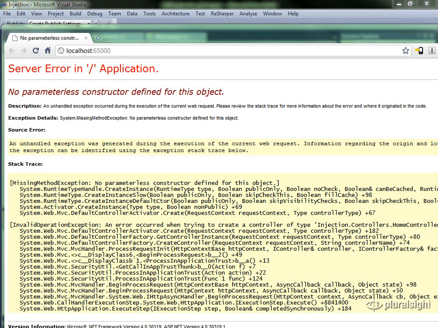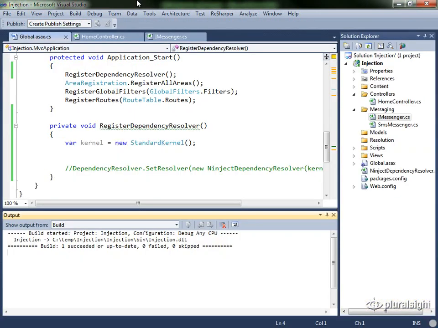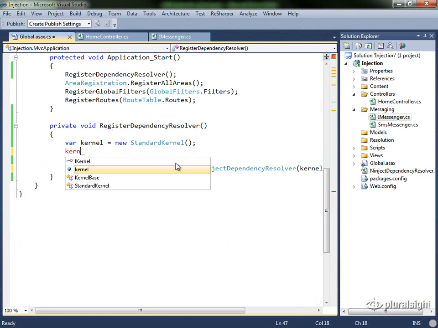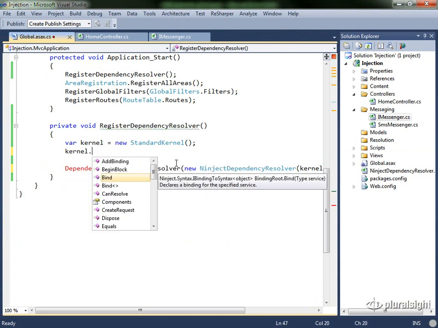To fix this problem in MVC 2, we'd have to go out and implement a custom controller factory. We'd have to plug that controller factory into the MVC runtime. But now that we have a dependency resolver, we can actually do this right here inside of our startup method. You see, all these IoC containers like StructureMap and Ninject and Unity, if you give them enough information about an object, they'll be able to walk up to a concrete class like the home controller and see that,